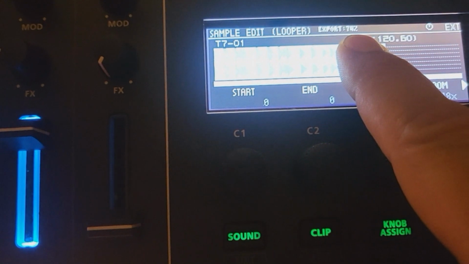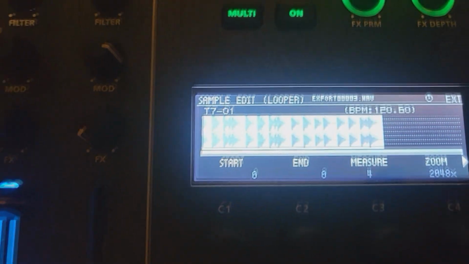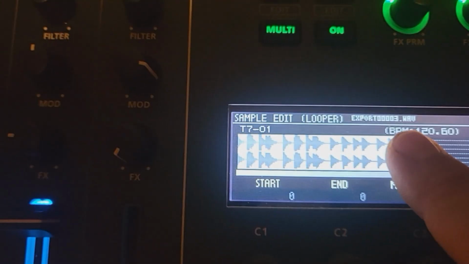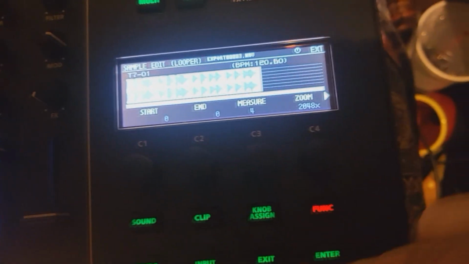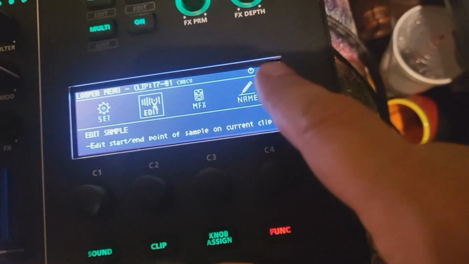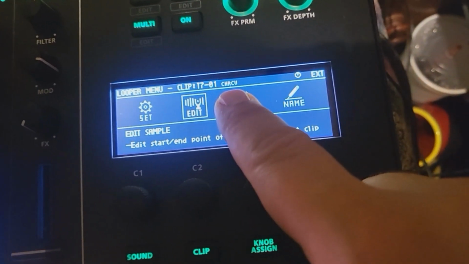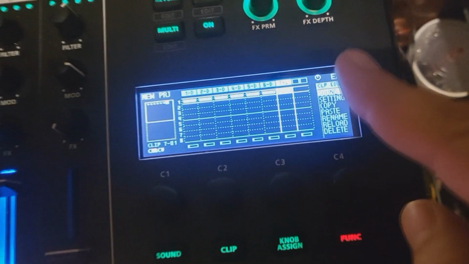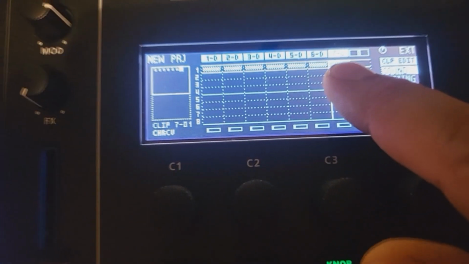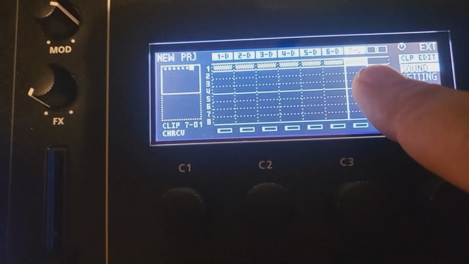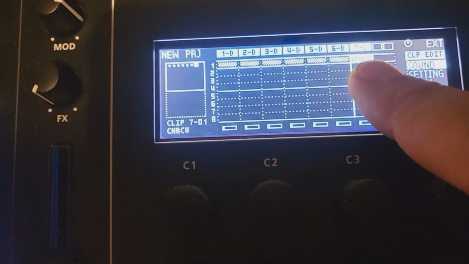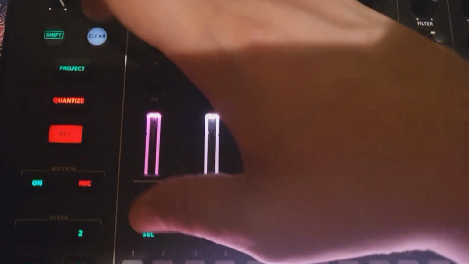And then it exports it as a separate file, a WAV file with a dumb name, even though I renamed this clip. It gives it a dumb name. But what's nice about that, you just have to remember it. They need to fix this in an update. You need to be able to save it as the name of the sample. But anyway, so then you can delete all these tracks,